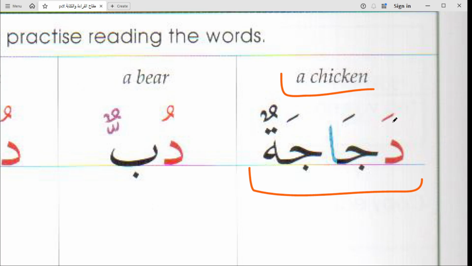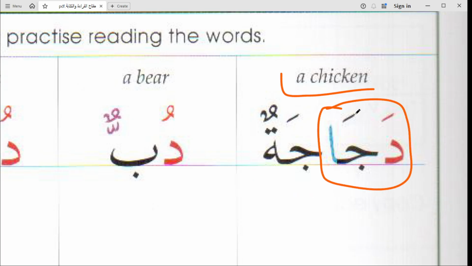First thing is dal with fatha is going to be da. And after that, I look here. Oh, alright, this is a long vowel. This is a jeem. With fatha is ja. With alif mad is going to be ja. So this is da and this is ja. I put them together and I will say daja, daja. Alright? And here is ja,